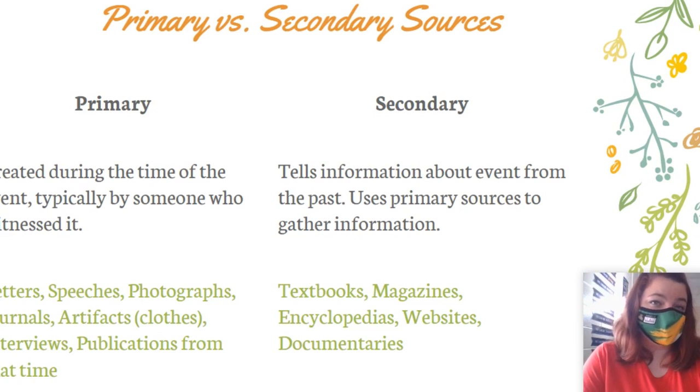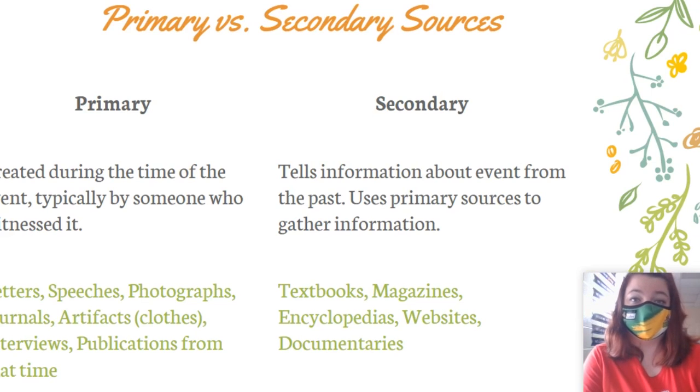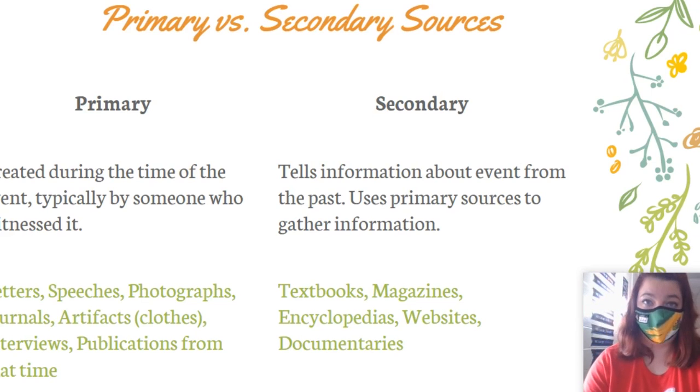Now, your secondary sources, this isn't to say that they're bad or lesser necessarily, but these use primary sources already to gather their information. So they're going to be a little less hefty than your primary source whenever you're looking at a research project or a research paper. So secondary sources tell us information about the event from the past. So you'll find this in textbooks, magazines, different encyclopedias like book form, and things like Encyclopedia Britannica or even Wikipedia,